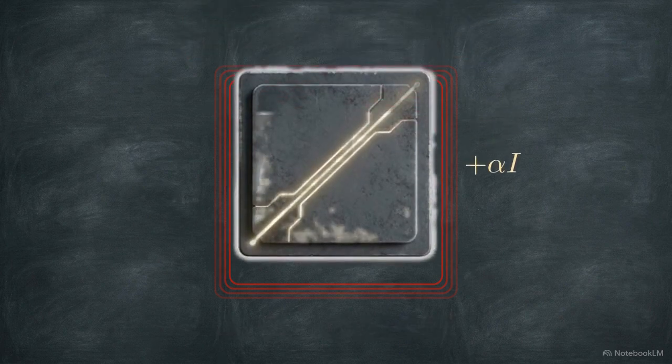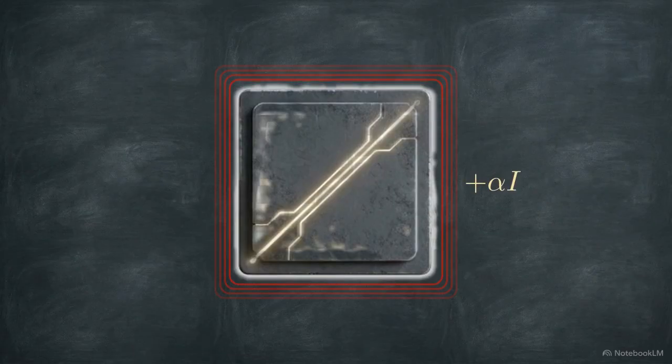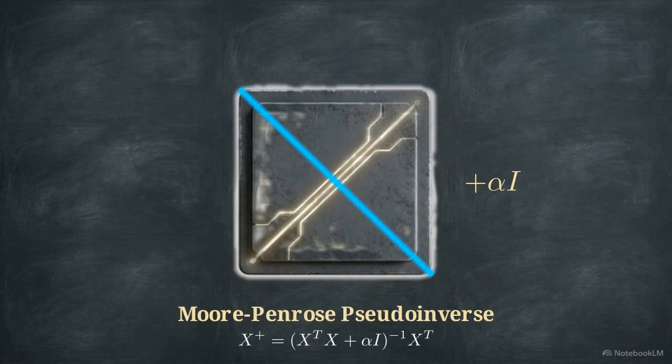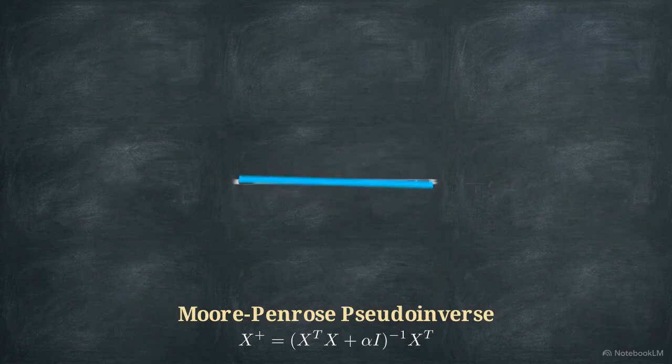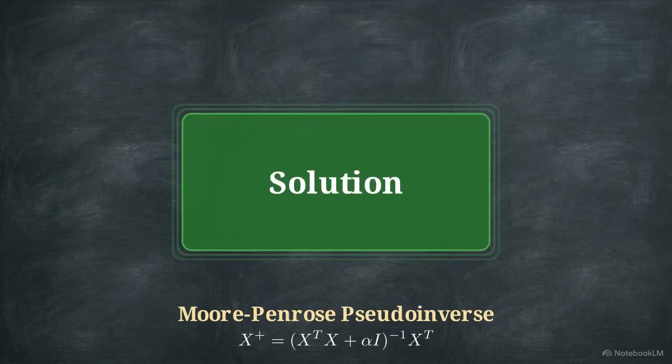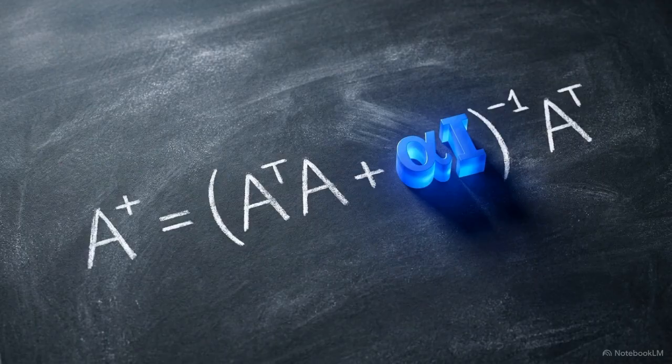But by applying an L2 penalty, we are directly adding our regularization coefficient to the diagonal of that exact matrix. This specific addition creates the Moore-Penrose pseudo-inverse. By injecting variance along the diagonal, we ensure that the previously unsolvable system is now mathematically invertible. Regularization acts as an algebraic stabilizer, allowing us to compute solutions for systems that would otherwise be numerically undefined.